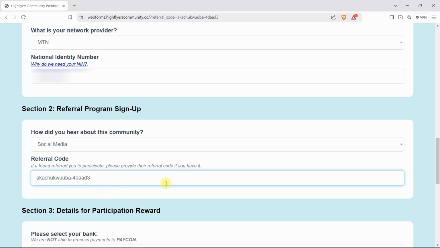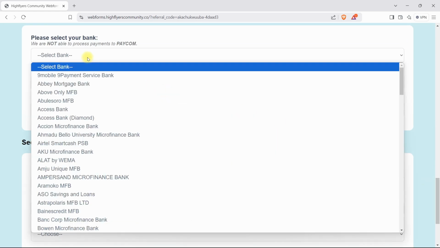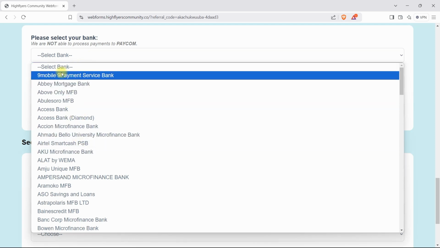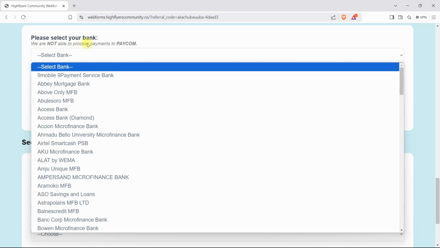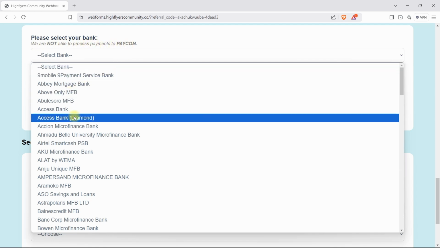Okay, so the next thing is for you to fill in details for participation reward. Select your bank. Okay, let's select my bank. We are not able to process payment to Paycom, meaning they can't process payment to OPay.